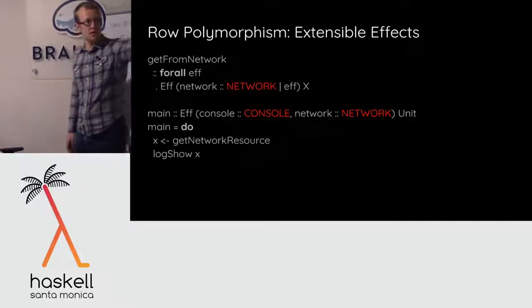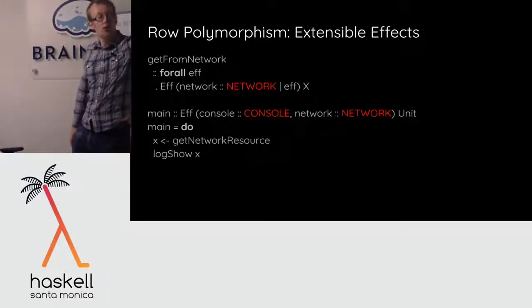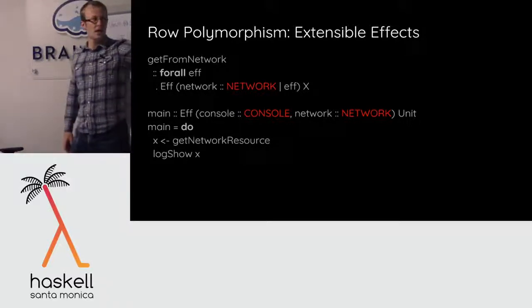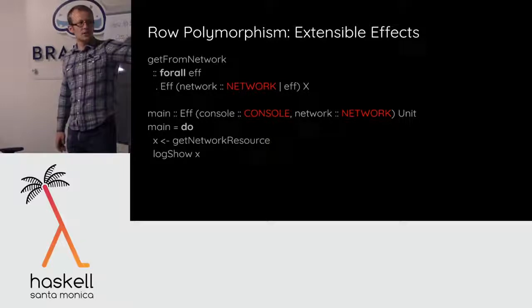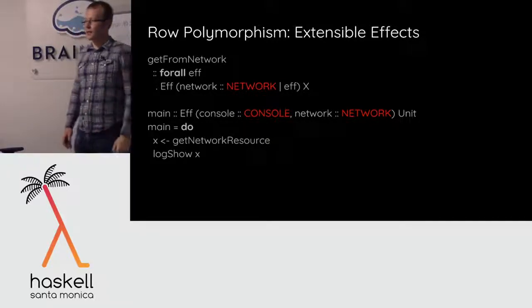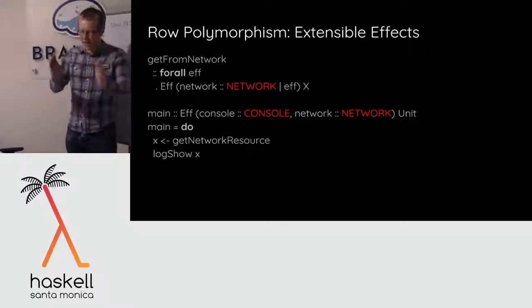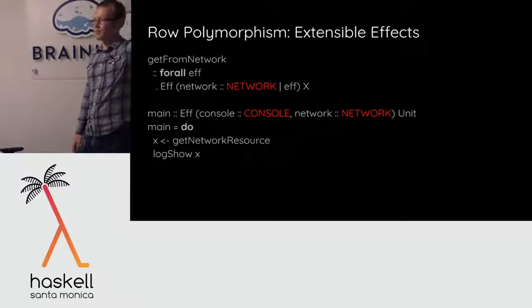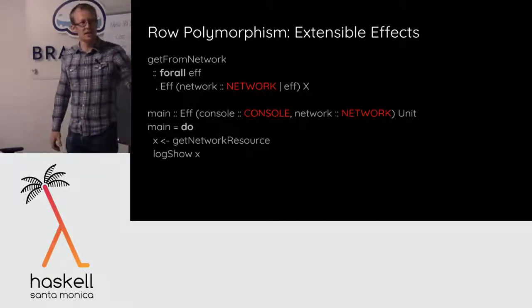And I can cut this off, right? So this one is polymorphic. I said, you're also allowed to run this computation in contexts that support other effects. But I don't want that for main, right? I don't want to say, oh, and main can have any other effects. I want to say, no, main has exactly this set of effects, right? I don't want to know that launch the missiles happen to be an effect in main, right?